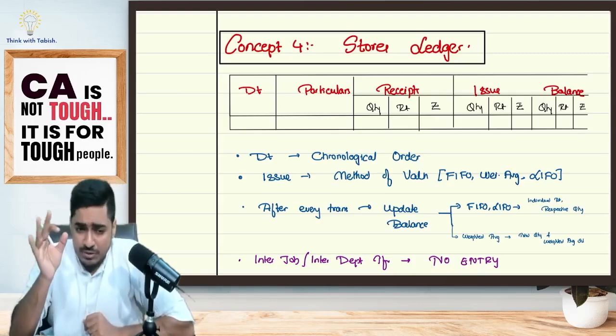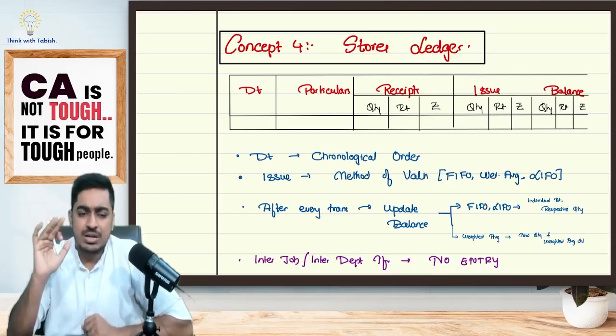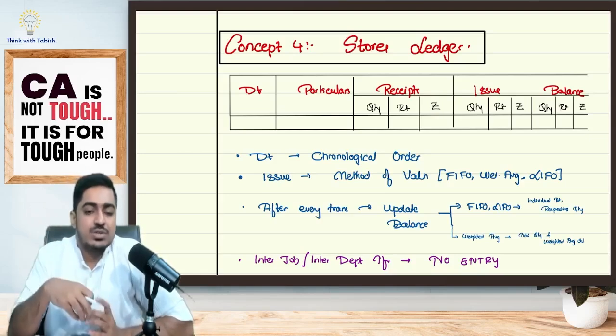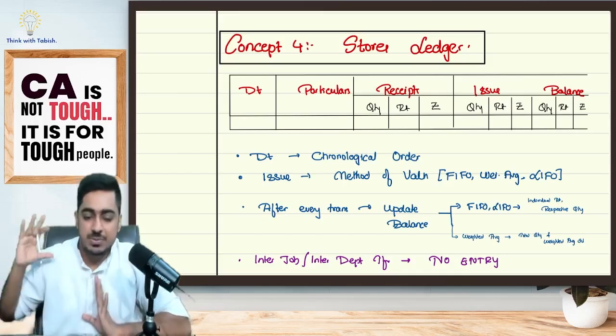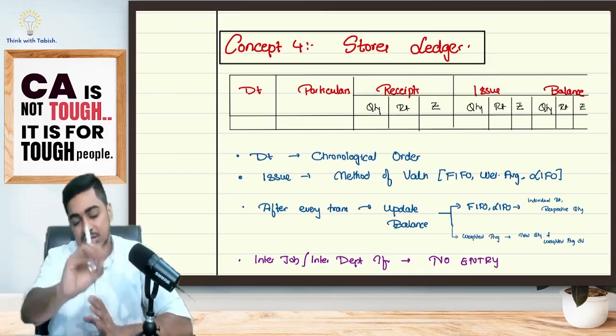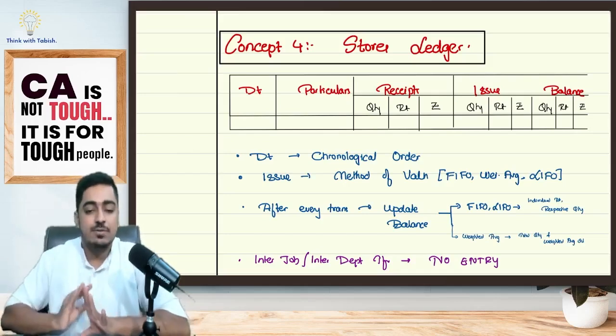Not that important from the examination perspective. Yes, in the last 7 to 8 attempts, the question has not come. But still, irrespective of whether the question has come or not, if it is there in the syllabus, we are doing it. As simple as that. My principle is simple. I am not going to tell you, yes, do this, do that, don't do this, don't do that, this is important, less important. If it is there, we will do it.